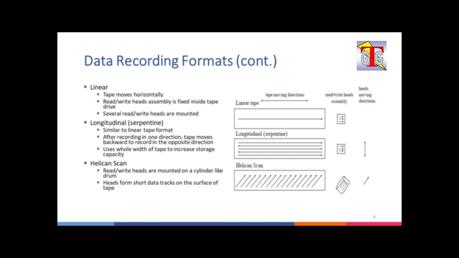Digital linear tapes record data using the serpentine tape format. Data are recorded in the longitudinal direction like the linear tapes, similar to the linear tape format. The tape read-write heads are fixed when data are recorded on the tape to form a track. After the tape comes to one end, the head moves in the perpendicular direction to the tape moving direction. The tape then moves backward to record another data track in the opposite direction. The movement of read-write heads is repeated to record several data tracks on the tape. Thus, the width of the tape is used to increase the storage capacity of the magnetic tape.